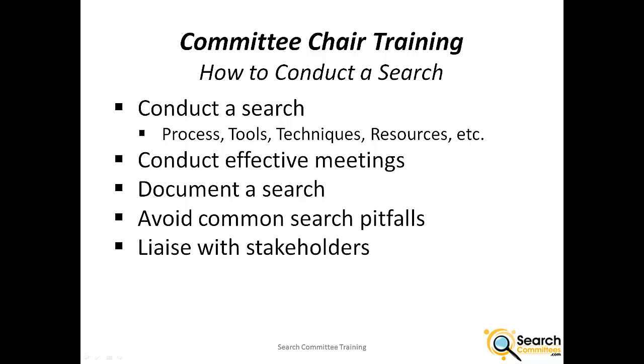How to conduct a search, as well as the processes and the tools and techniques that are there. Maybe some tutelage on how to conduct an effective meeting. We don't want to meet longer than necessary. We have volunteers who serve on the committee, and we want to do so in a professional manner to be respectful of their time. How to document the search and avoid common pitfalls are additional topics for search committee